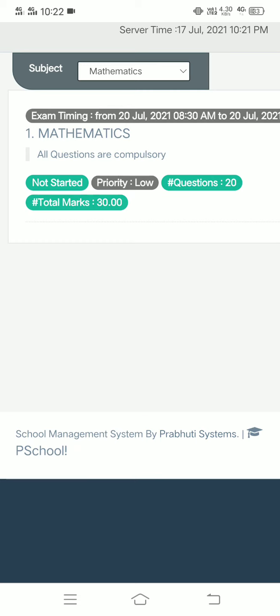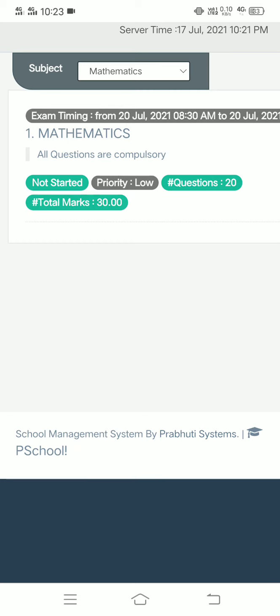No need to write the answer here in the app. You have to write the answers by hand in the answer sheet. You can see only the questions from here, and you write the answers.